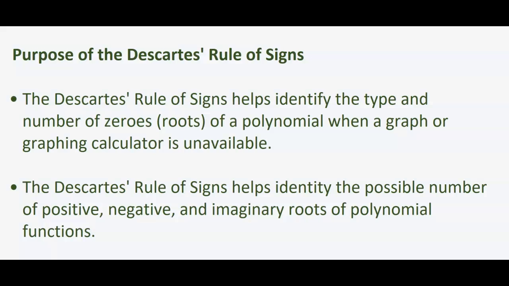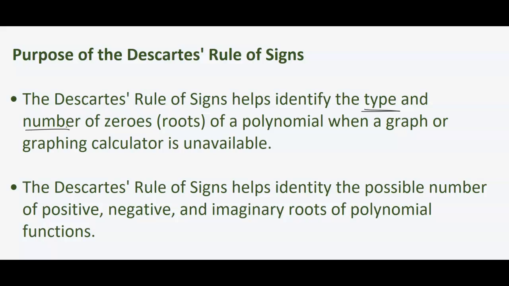It helps us identify the type, very important, and number of zeros of a polynomial. Zeros are also known as the roots. They're also known as the x-intercepts of a polynomial when a graphing calculator or a graph is not available. Of course, if you have a graph or a graphing calculator, it's easy to tell all of these things, but Descartes allows us to look at the possible number of roots that are positive, negative, and also